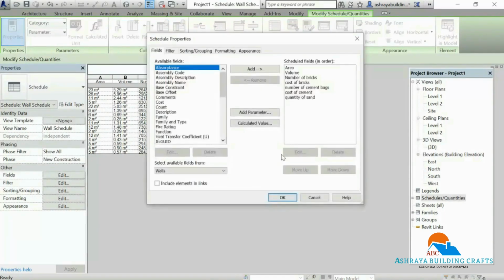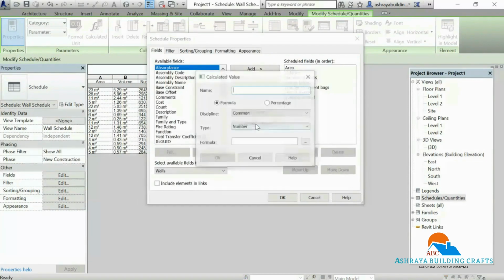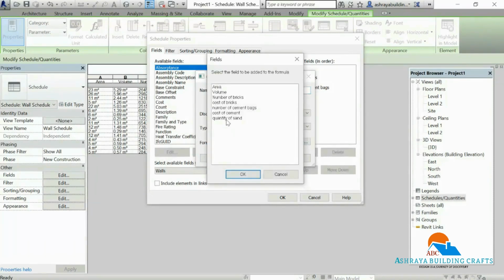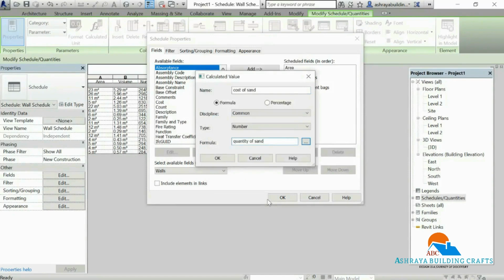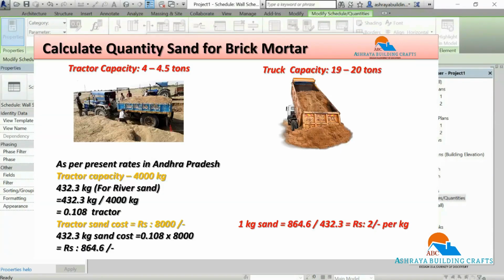Click on edit, calculated value, cost of sand, in formula quantity of sand multiplied with rupees per each kg, rupees 2 for each kg of sand.